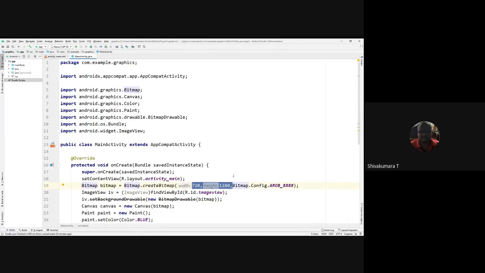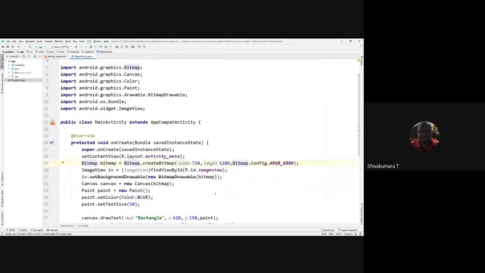You are going to fit the bitmap image onto the screen size, and Bitmap.Config is RGB, which means it is going to set the color. So red, green, blue is the constant value you are going to set by invoking the config, present in the bitmap class object.